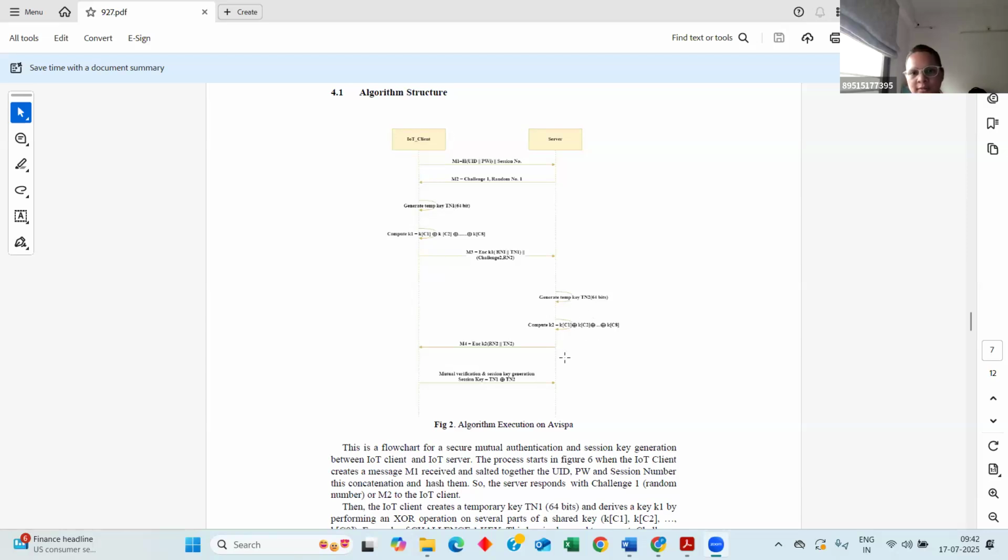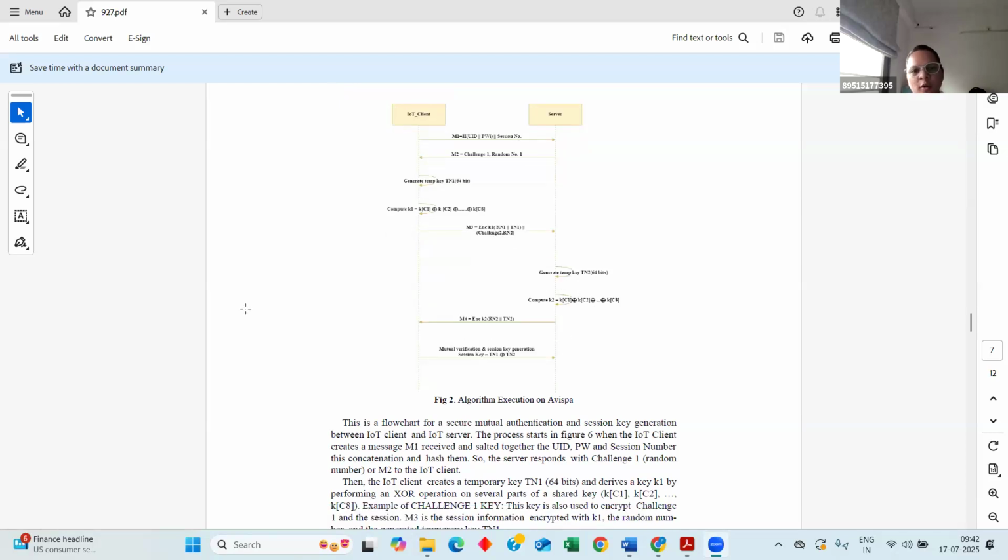Now the server will generate a 64-bit nonce value and send it to the client. And at the server side, the server will also generate a response to the challenge message generated by the client. And these eight